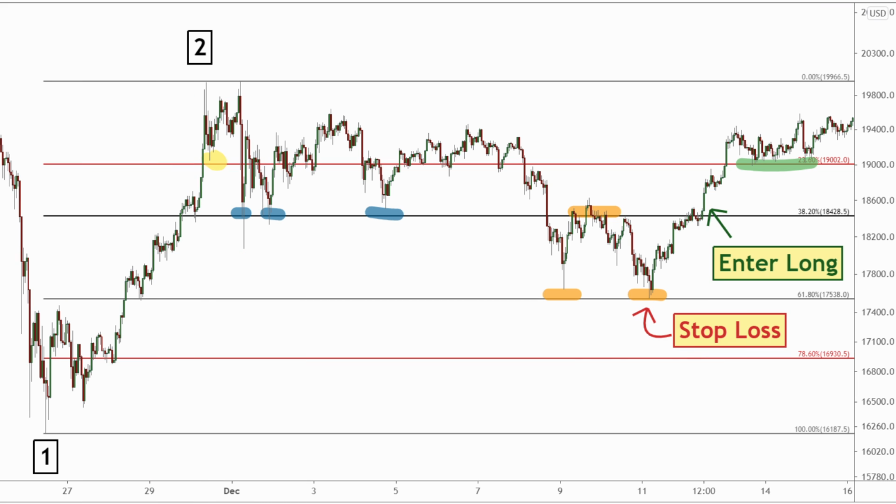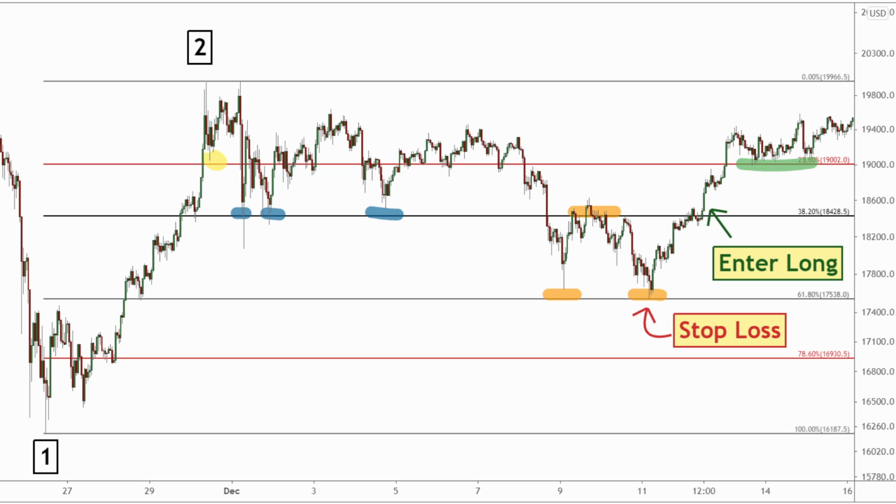How to tackle a risk management technique. Once a good trading opportunity has been identified, traders will want to place a stop loss just below the swing low of a long trade, or just above the swing high of a short setup. Set up a strong risk to reward ratio by placing a target at least twice the distance to the stop